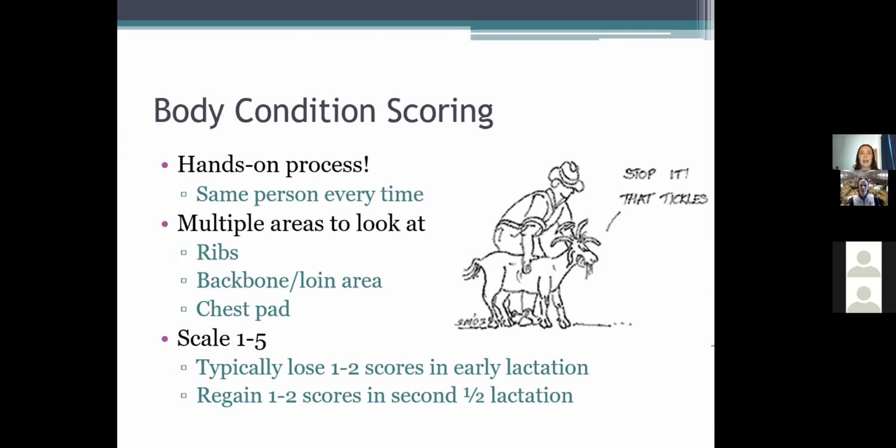Similarly to cows, there's a range on what you consider the body condition score to be. So there's some things that you're going to want to feel: over the ribs, along the backbone or the loin area, and then the chest pad, basically between those front legs. Now this was my trick question, because the body condition score for goats is a 1 to